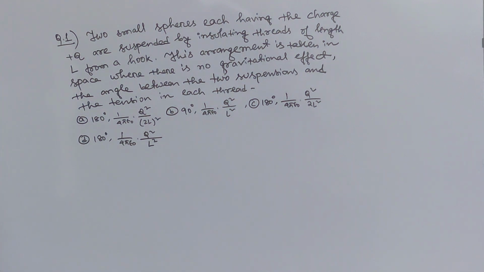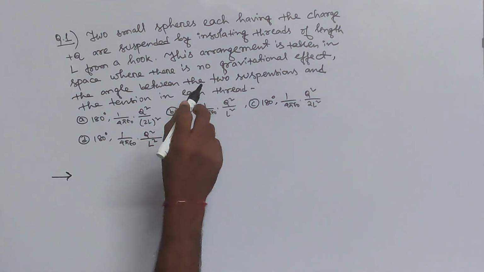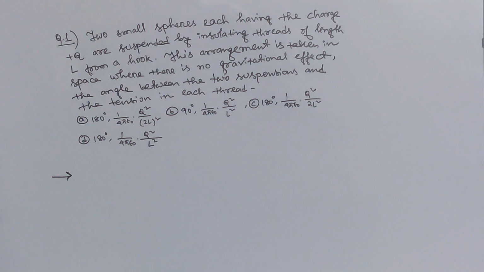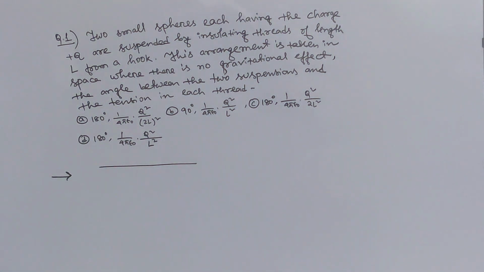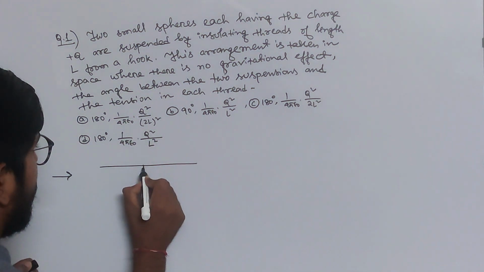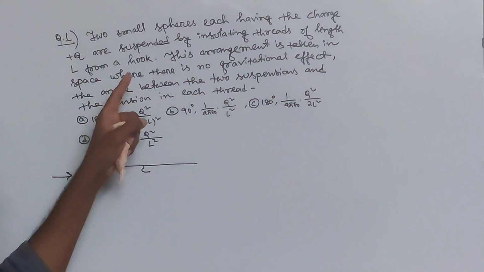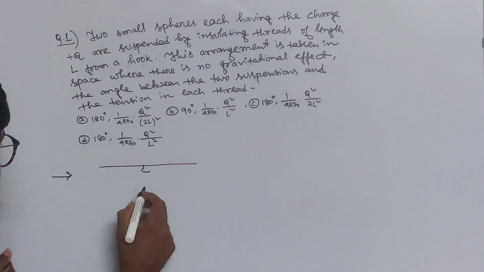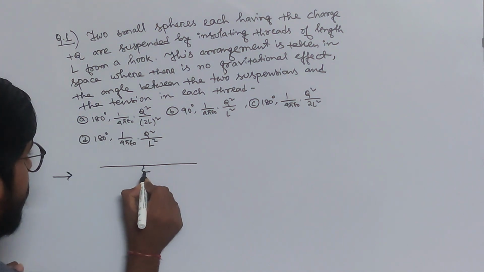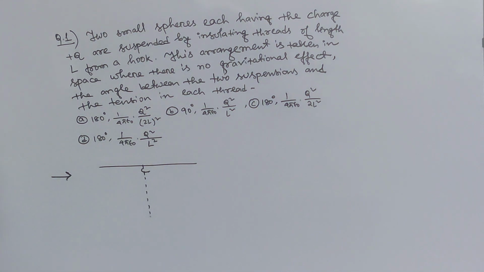Okay, let's solve it. See, the question is, two small spheres, each having the charge plus q are suspended by an insulating thread. Let's say this is the rigid support, and from that support, let's say there is a hook, and from this hook, I am suspending two spherical balls having charge plus q. So, what will happen if this is the thread and you suspend two balls having charge plus q, then there